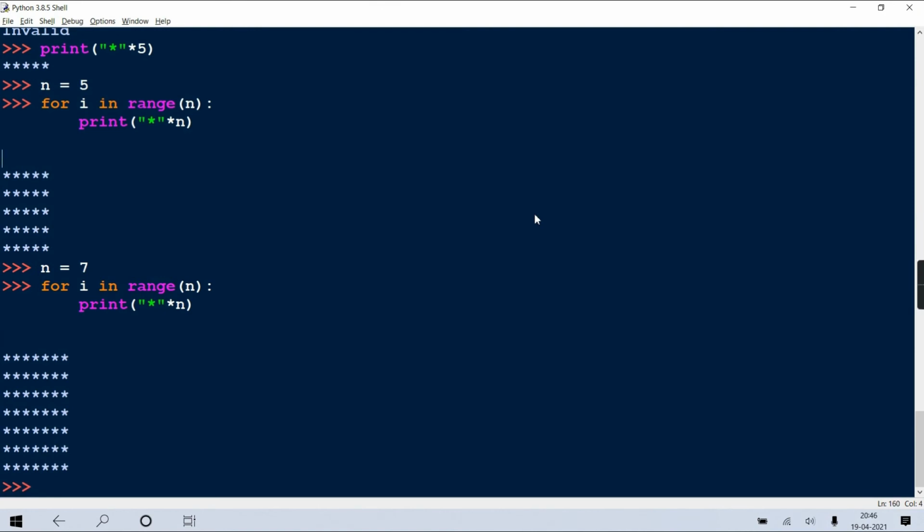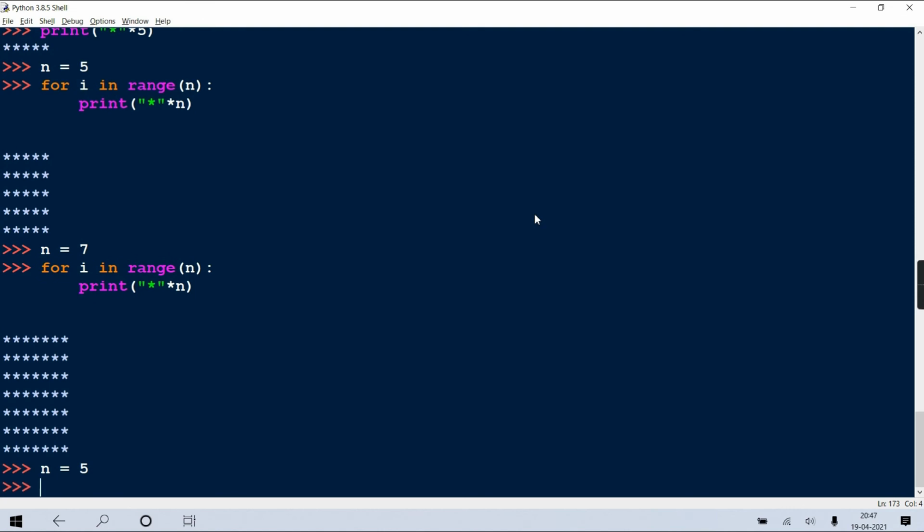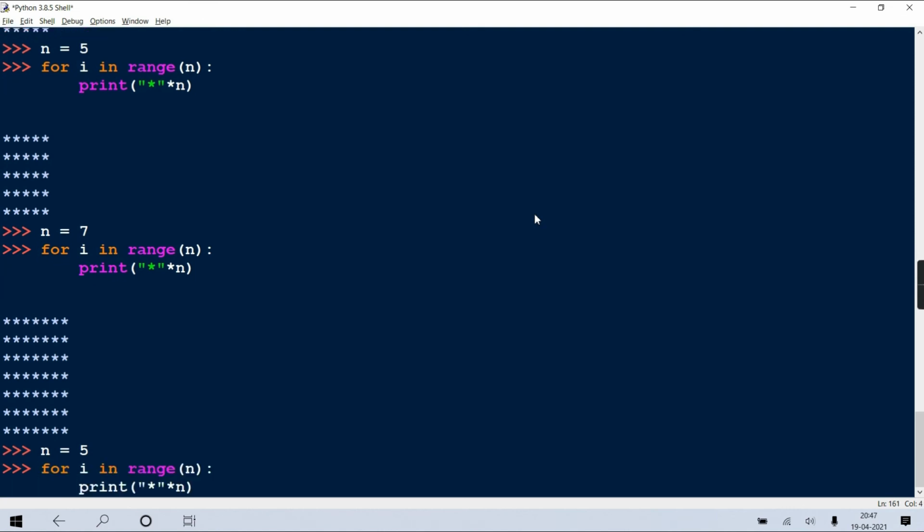Right? I hope others are hearing me carefully, because others are very silent. There's no interaction from others. So we can cast n into string and modify that. Clear. And then again use this string repetition only. N equal to 5 I'll write. Whatever n, it's up to you. Then the for loop I'm writing. But the only thing is here this for loop will go from 1 till n plus 1.